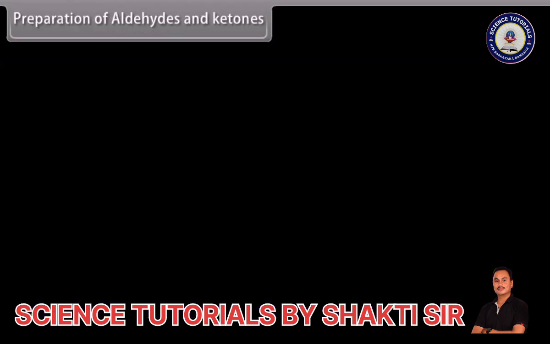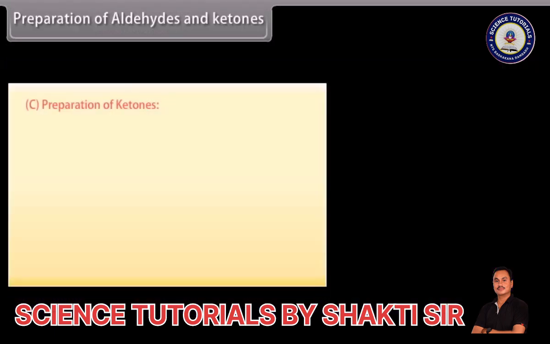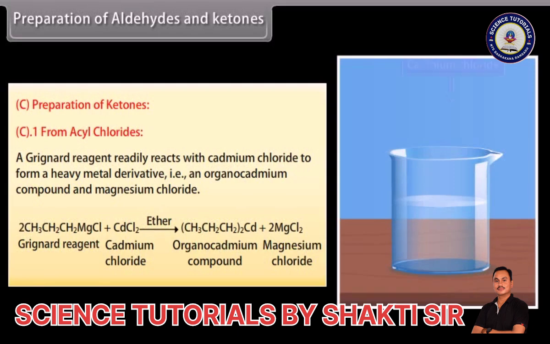Preparation of aldehydes and ketones. Preparation of ketones from acyl chlorides. A Grignard reagent readily reacts with cadmium chloride to form a heavy metal derivative, that is an organocadmium compound, and